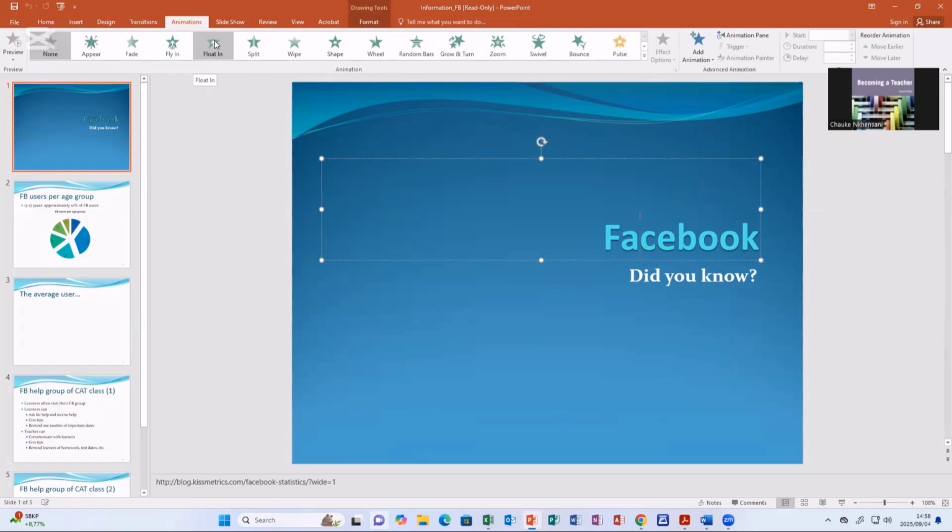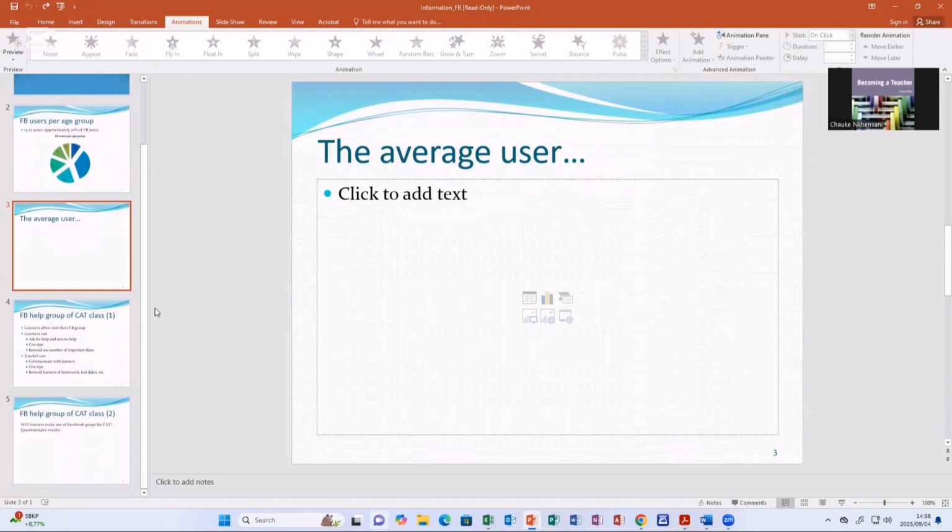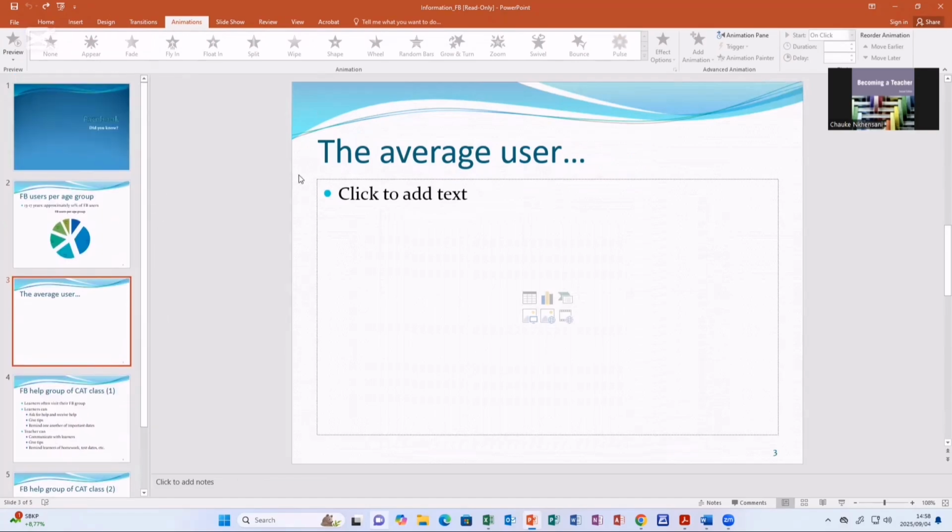Like for example, when you move the cursor here or you click on it, you'll actually get to see how the word Facebook just faded, right? Or when you click on fly in, you'll see the word Facebook flying into the slide. So we are going to first start with our transitions before we go to the animations. We transition the slides and then we animate the content. Right, let's start. We don't have a lot of slides, just 5 slides,